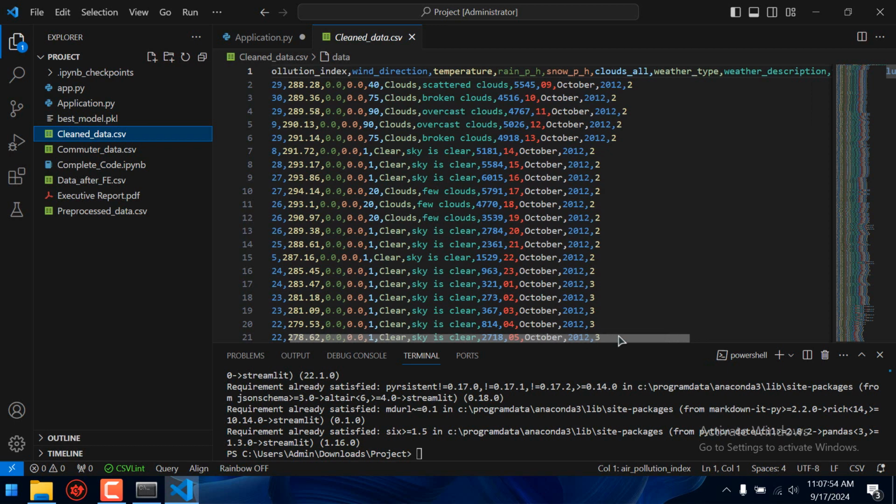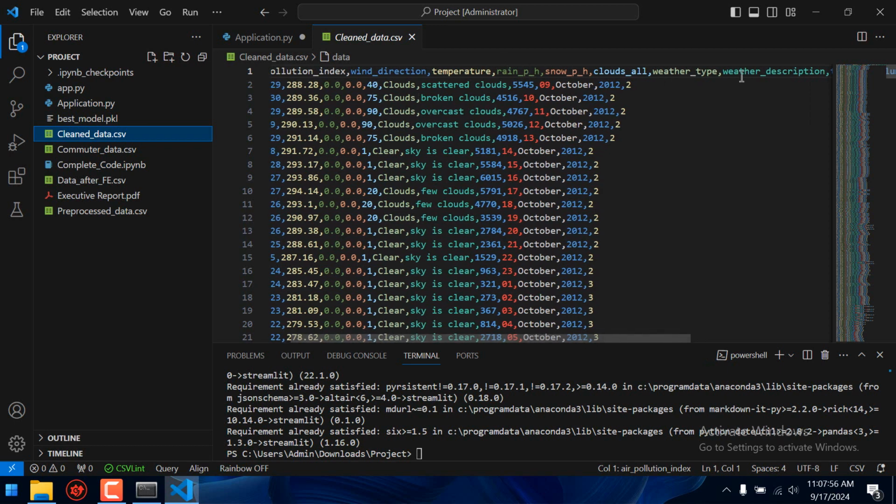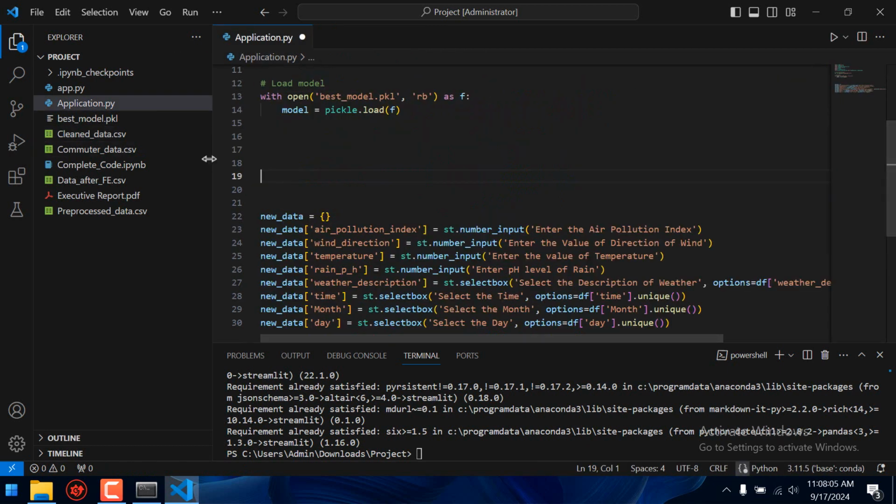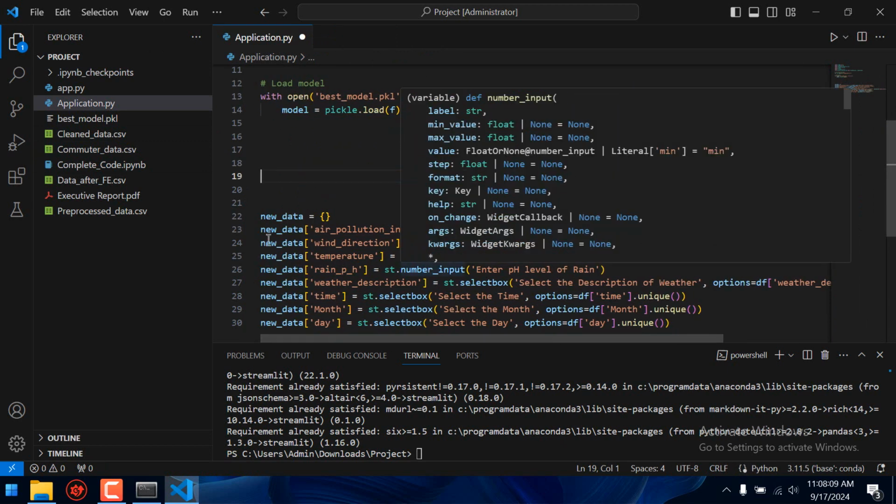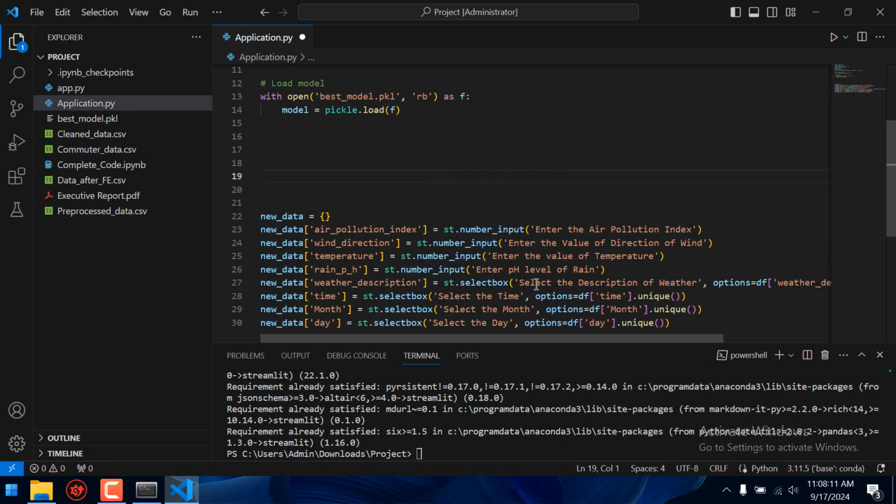Yes, here. Scattered clouds, broken clouds, and overcast clouds. These are some unique values. I told my application to store these values in a weather description label. The same thing I have done for the time, for the month, and for the date.